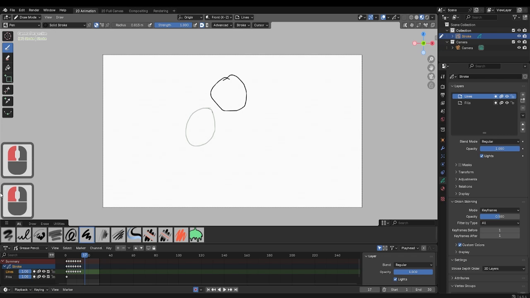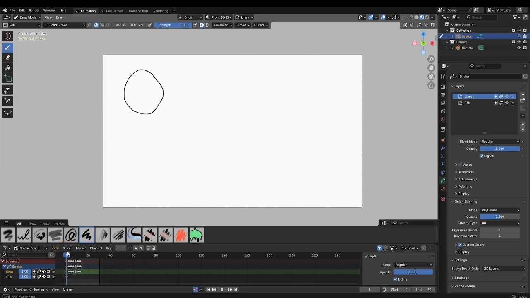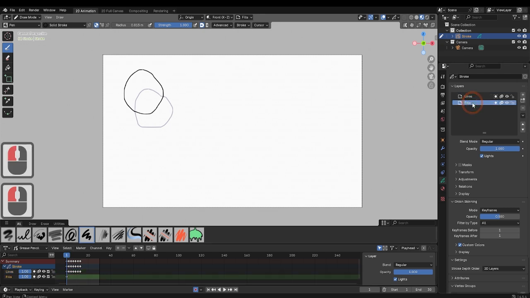Okay, you're happy with your animation, but you want to start adding some color. Now, what we need to do is first make sure we're on the fills layer, because we're going to be filling underneath. We're going to grab our fill tool, because that's the one we want to be using, and we should be able to click in our object, but